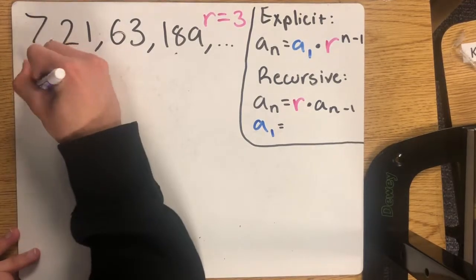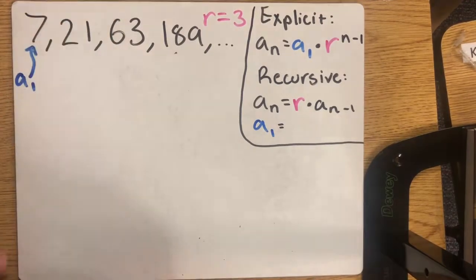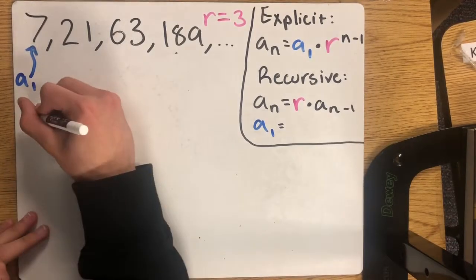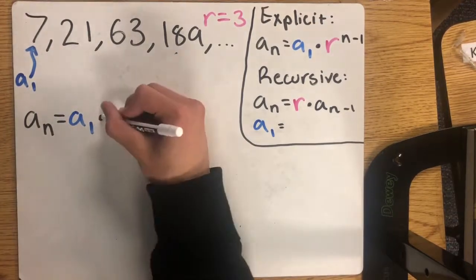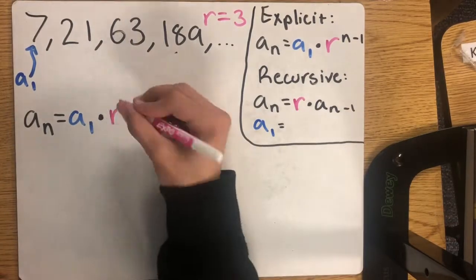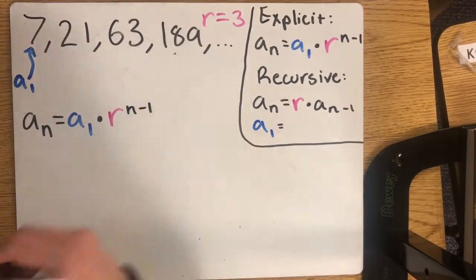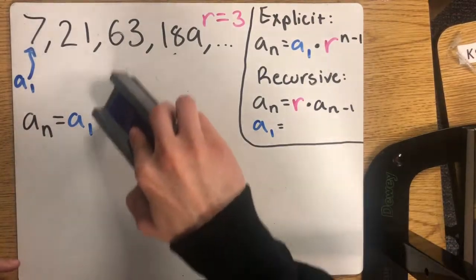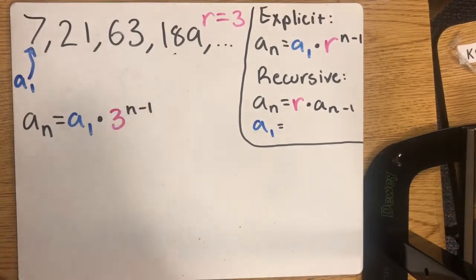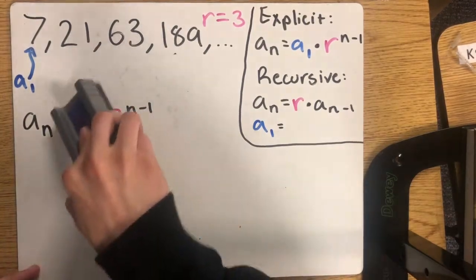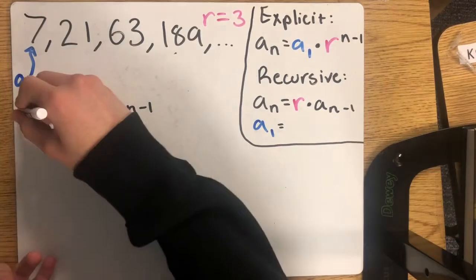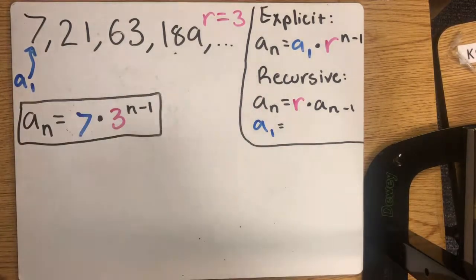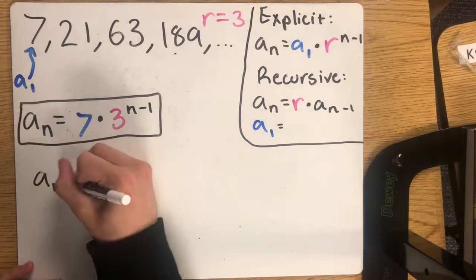Next, you want to get the first term of the geometric sequence and replace it for a of 1. Now we will also take the common ratio, otherwise known as r, and plug it into the formula as well. Our explicit formula is a of n equals 7 times 3 to the power of n minus